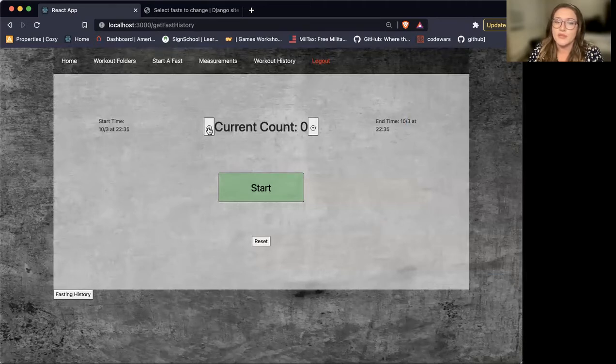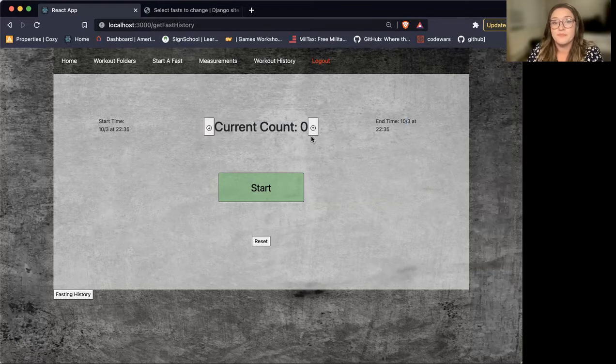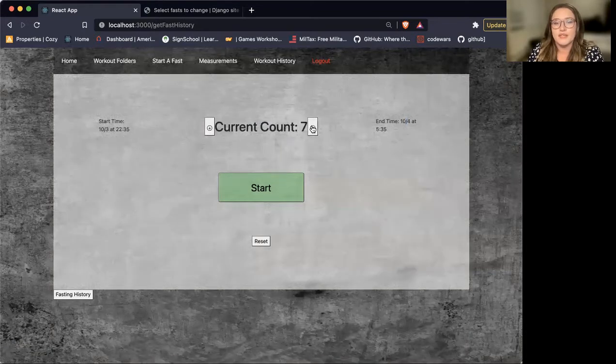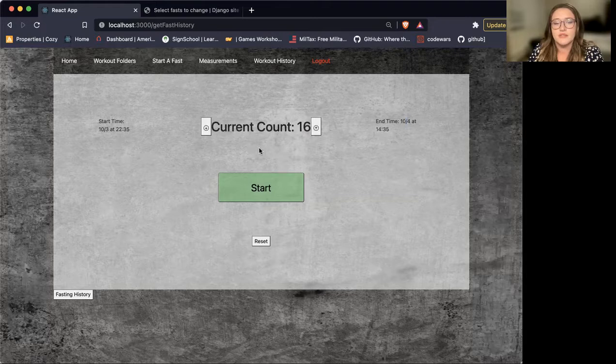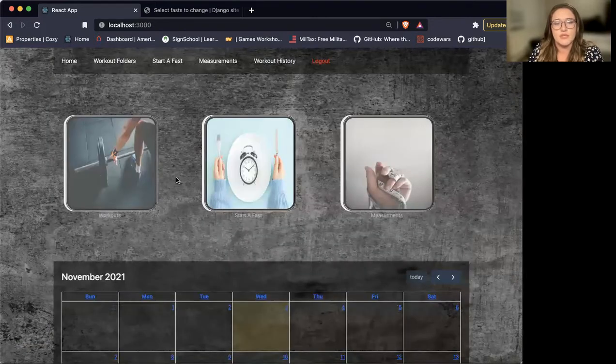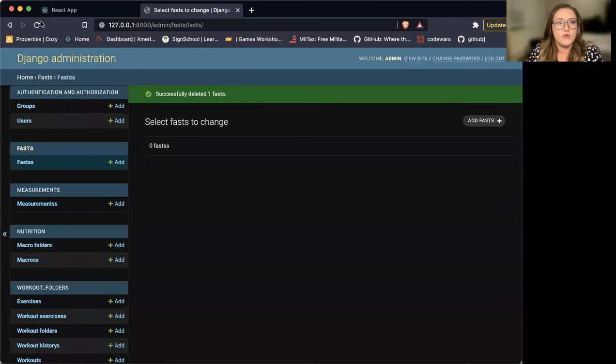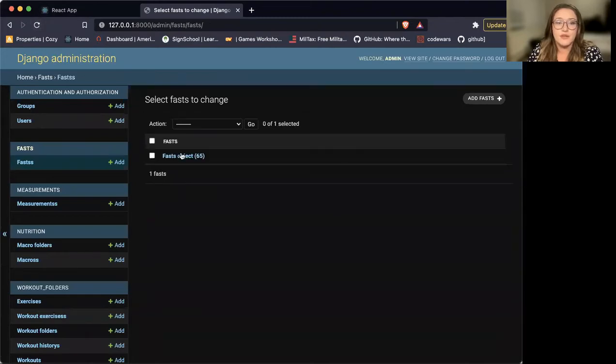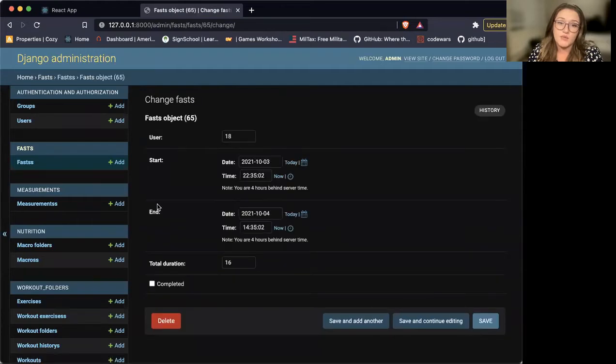But the really good thing about this is when you're at 0, you can't change the end time to be the past, which is really nice because that wouldn't make any sense. So I'm going to make it a 16-hour fast, just a standard intermittent fast this go around. And I'm going to start the fast and it'll take you right back to the home page. If we go to our admin side of the